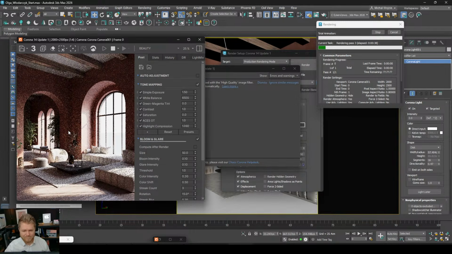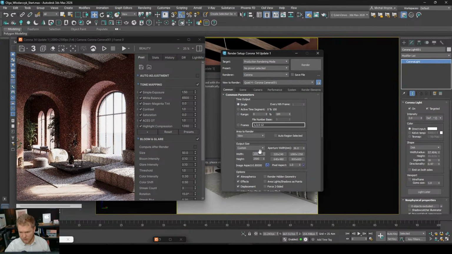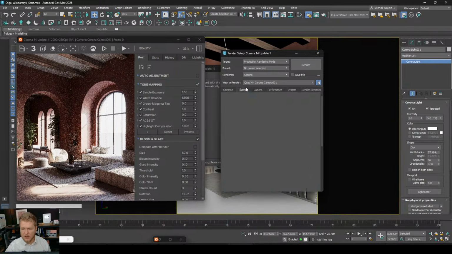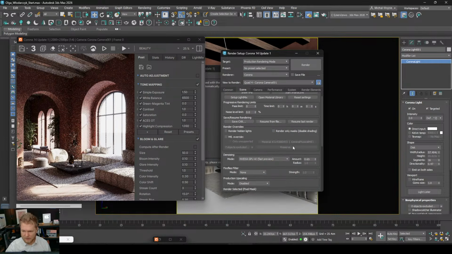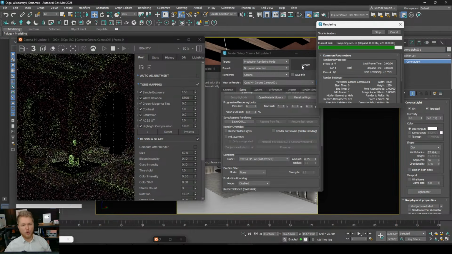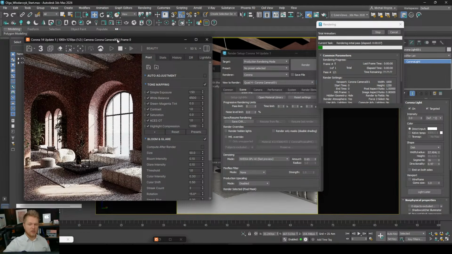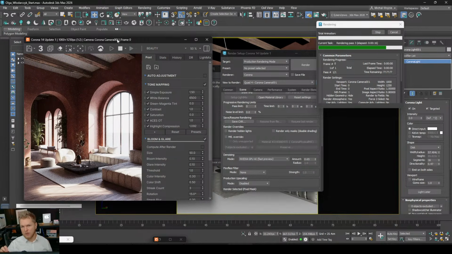Let's see. Takes a while. You know what? Screw it. We're just going to go for a smaller resolution, much smaller. We're going to go for the NVIDIA method, and we're just going to go for a quick render because I don't want to hold you for too long. Let's be honest, it's just a video on YouTube. Once you're doing your shots, you're just going to increase the resolution and wait a couple of seconds longer. Now, we're still going to be re-rendering this again in a second, but just hold on, because first